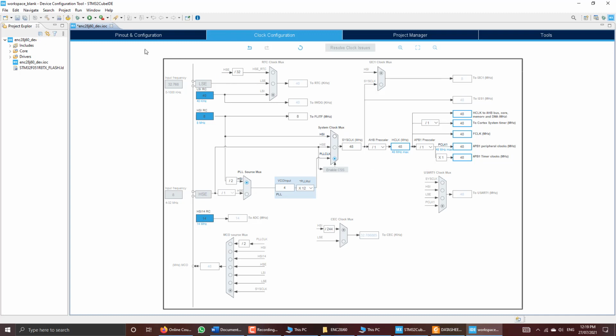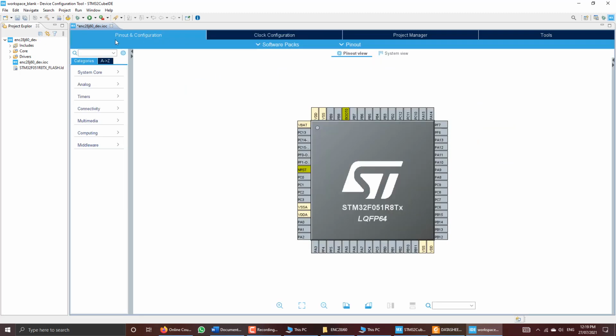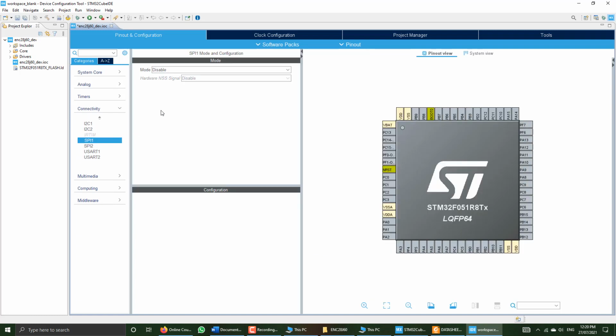Now let us configure the SPI. So we'll go to the pinout and configuration section, and here under the connectivity section go to SPI1. We will use SPI1 for this. By default it is disabled. We have to change it to full duplex master.